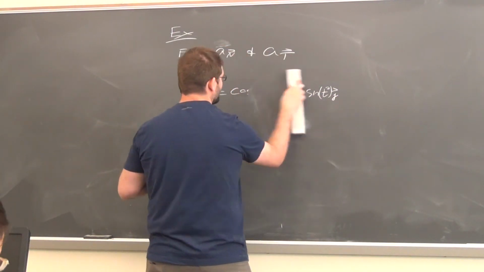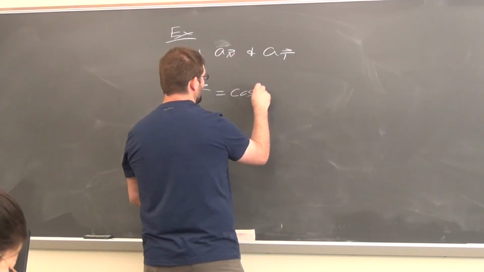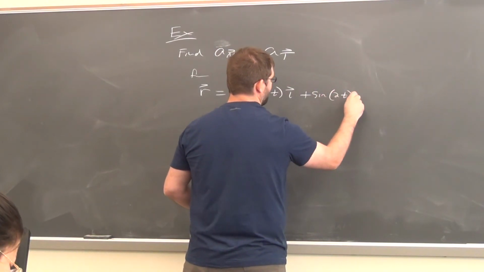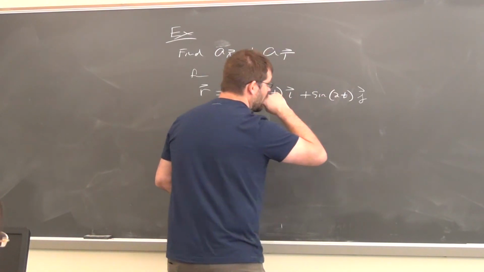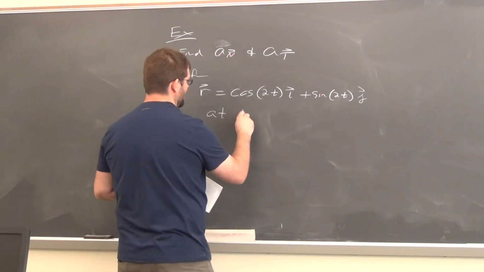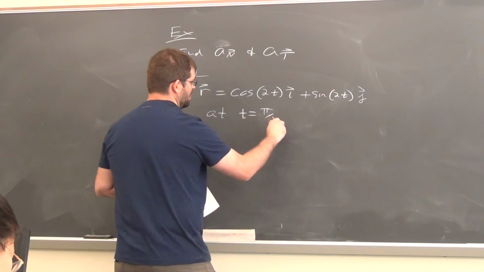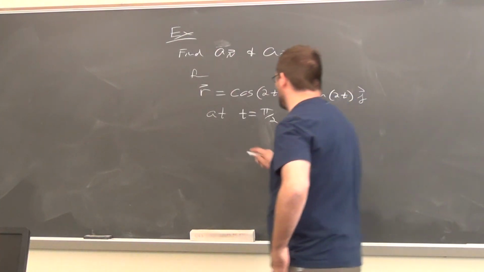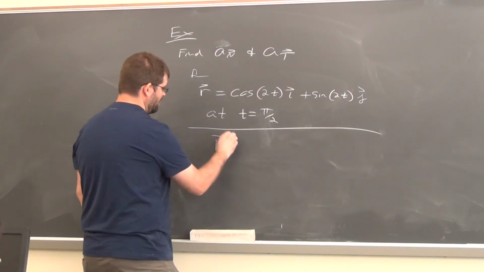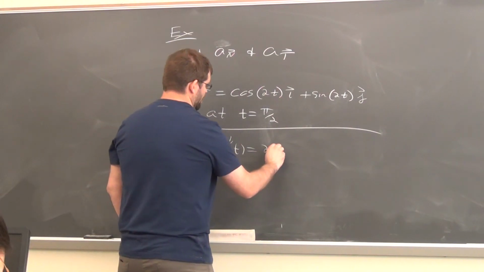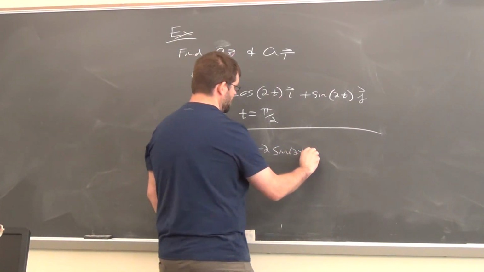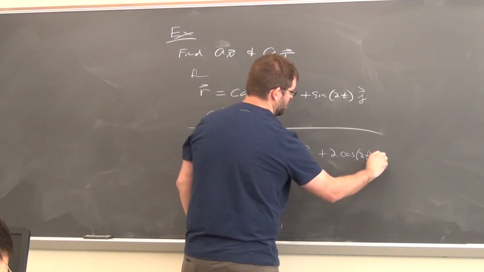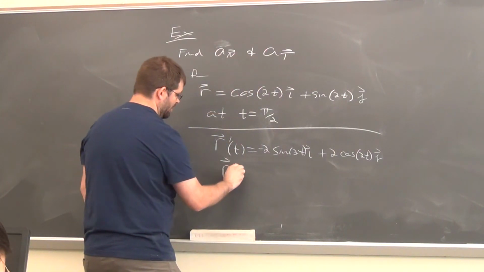Actually, let me just change this up. Okay, so let's do these at t equals pi over 2. Okay, so all we have to do is calculate the first and second derivatives and punch them in. So first derivative, negative 2 sine of 2t i plus 2 cosine of 2t j,